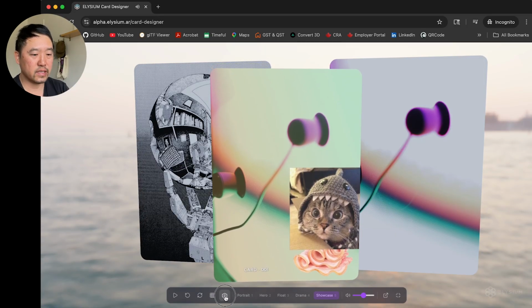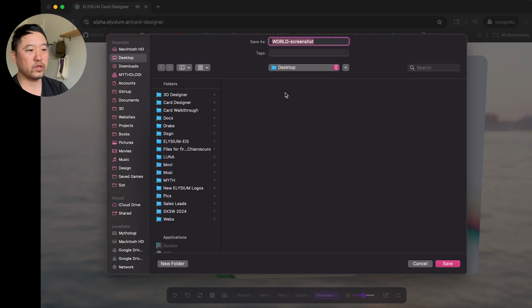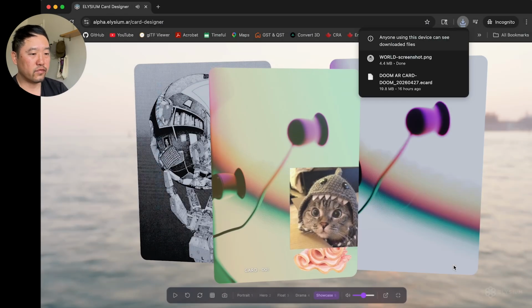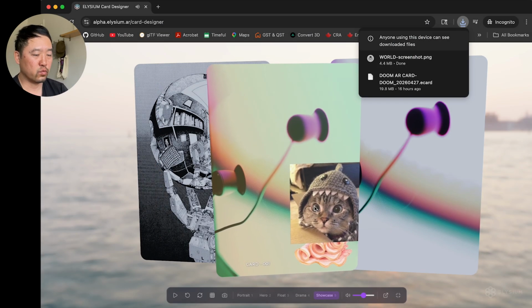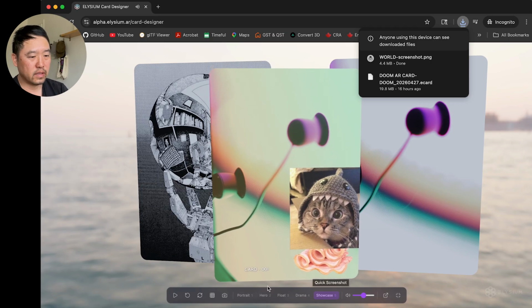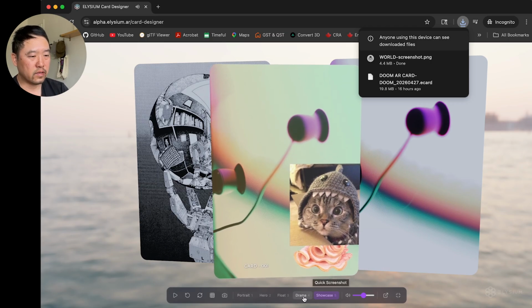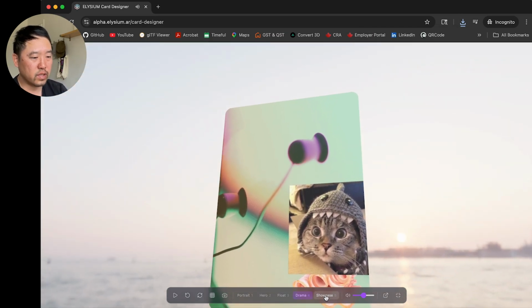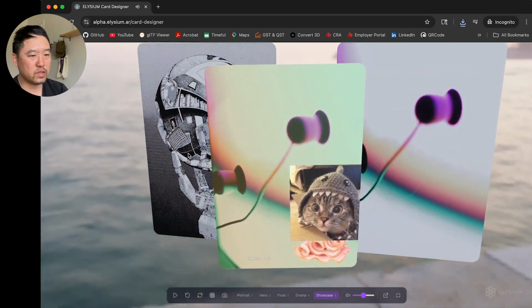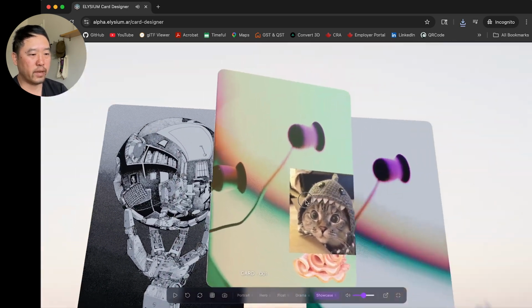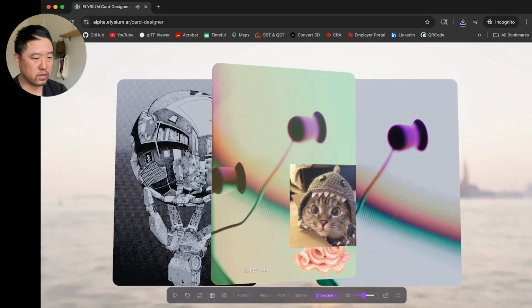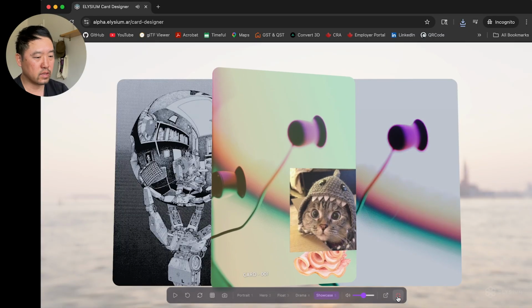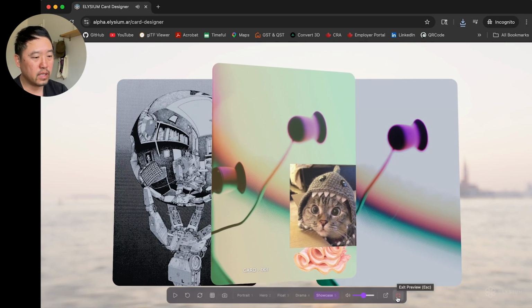And last thing you can do is take a picture of this, which will allow you to take a screenshot of the photo of the world as you composed it, right? So there's a couple settings here, and as you see, the showcase setting is that it just shows the front and the back images as part of the background to the card. Okay, and if you want to get out of this, you can click on this button or press escape.